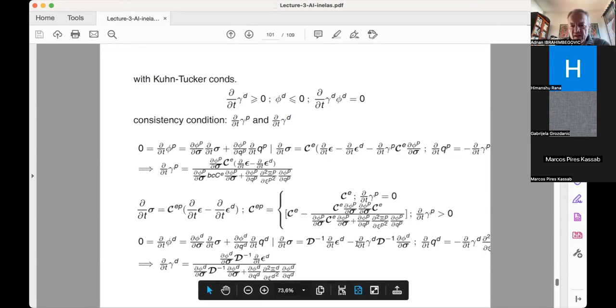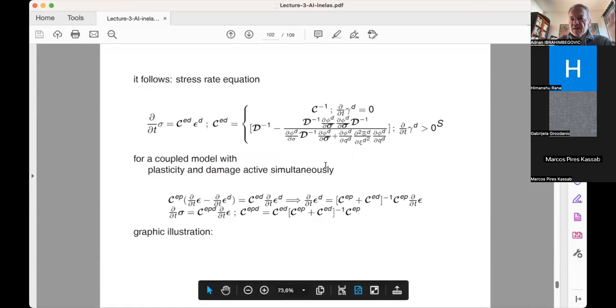Basically, I can plug this into the equation and obtain my damage multiplier to be equal to dφ_damage/dσ times d minus 1 times ε_damage dot, divided by this scale term, which is dφ_damage/dσ times d minus 1 times dφ_damage/dσ plus dφ_damage/dq_damage times the hardening modulus for damage times again dφ_damage/dq_damage. So this way I have two of these computed, and I can write again my stress rate equation